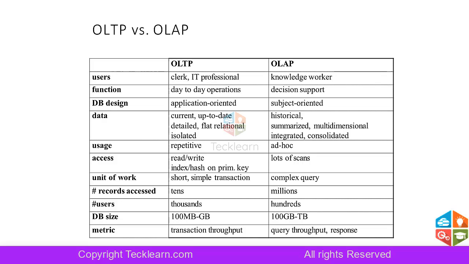We'll do complex queries here, simple transactions, records, million, size, metric. So throughput is generally the time taken, turnaround time. So the metric is how much time it takes to insert, delete or update. And then this is the selection throughput. Throughput here is mainly the measured time, turnaround time, TAT.